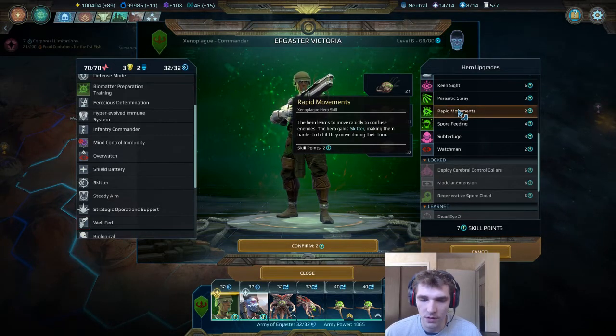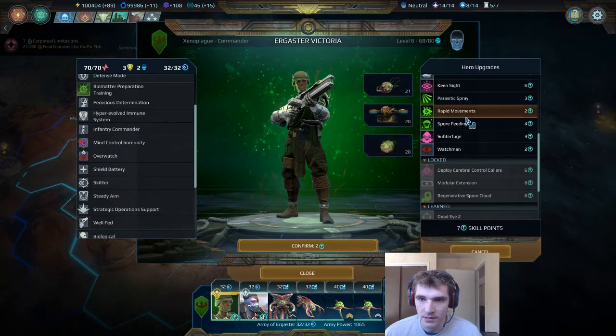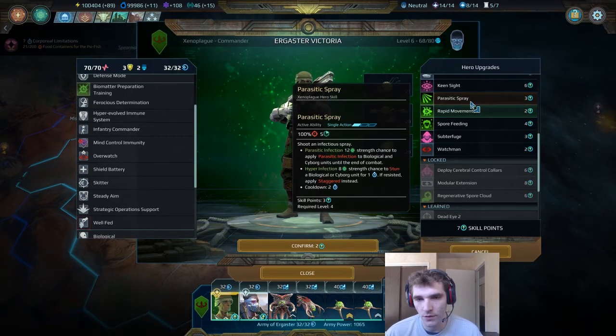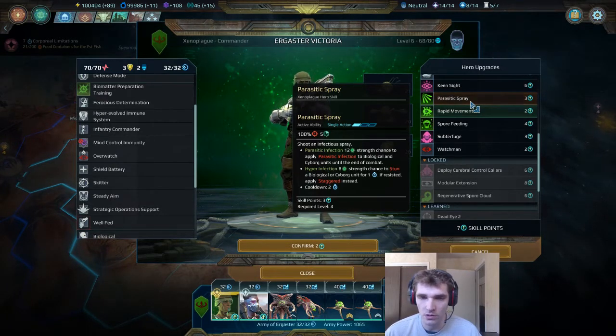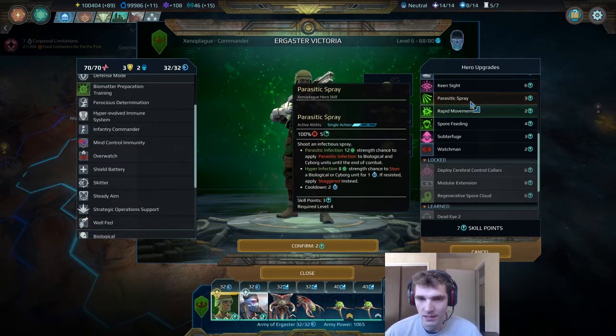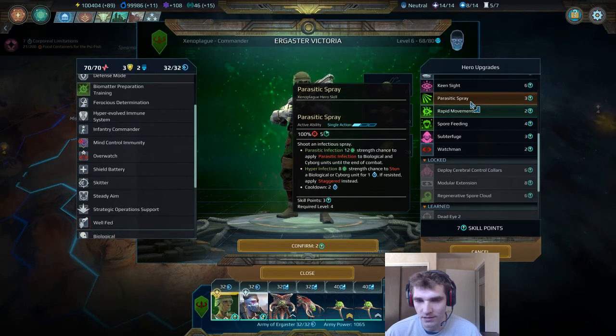Now we're ready to move on to parasitic spray, which is decent. It's not the worst. I only noticed recently that hyperinfection can stun a biological or cyborg unit for 1 turn. The cooldown is only 2 turns, so you could go around stunning a lot of units, but the problem is not everybody is biological or cyborg. What if you're dealing with a Psyfish or a mechanical unit? Then you can't stun them, you can't infect them. This doesn't do any raw damage, so it's not really worth taking,